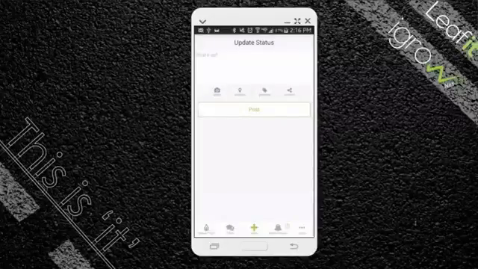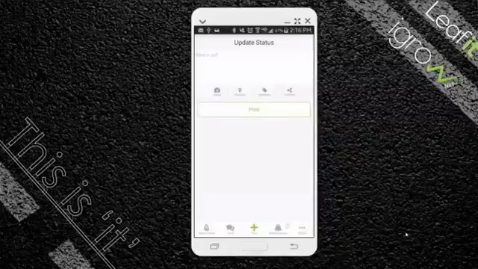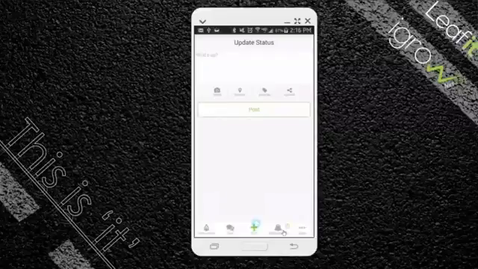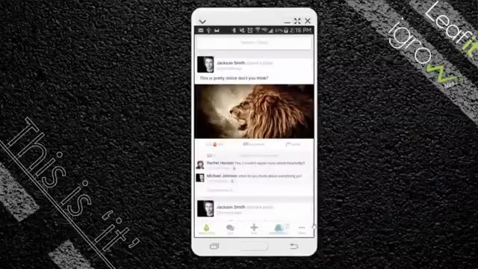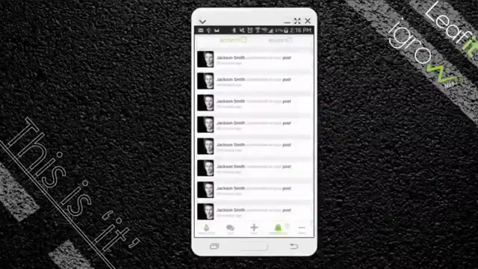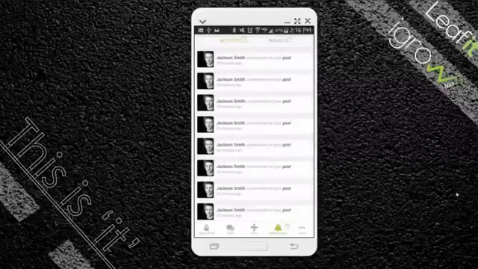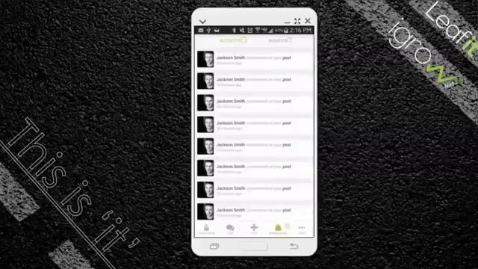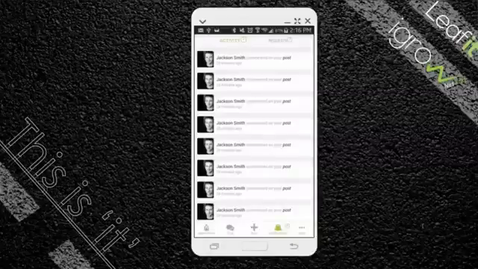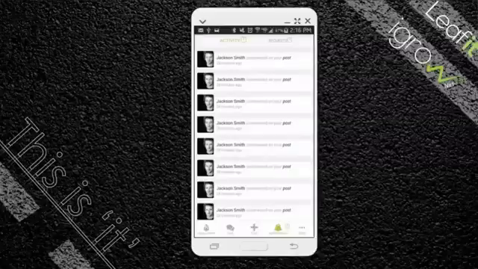So lots of different cool features that we're putting into this, all simple at the same time. We'll keep it really streamlined, really simple to give you the best experience. And then I think we're ready and we can move to notifications now. So notifications are pretty simple. You have your activity, that's people commenting on posts, people sharing your stuff, maybe wish listing stuff, people that have replied to a comment, and any sort of activity that's going on with your content or content that you have interacted with will show up here, as well as any sales that happen from any of your posts or anything like that.